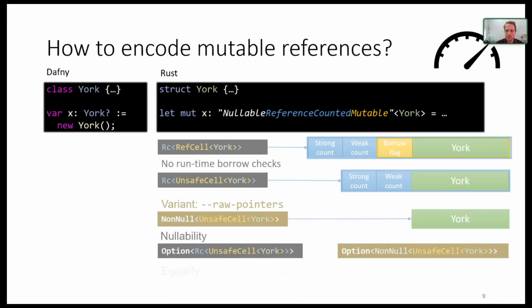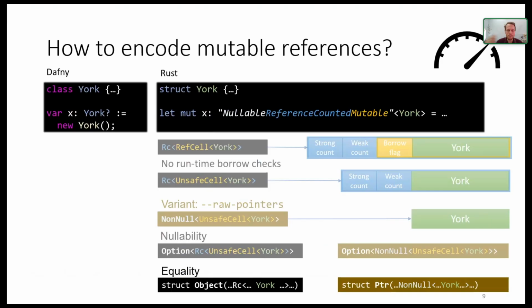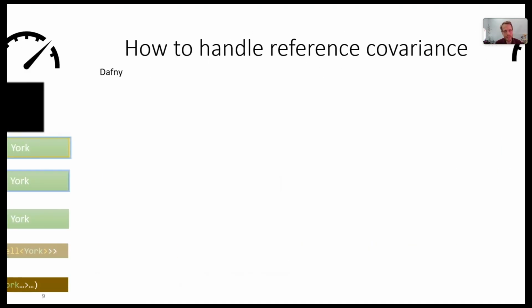There is one more zero-cost abstraction that we need, which is a wrapping with a new type, so that we can finely control the equality, because equality of objects has to be based on pointer addresses, and not pointer addresses and virtual dispatch addresses like it is done in Rust. So once we did that, we can have pointers that match the semantics of Dafny pointers.